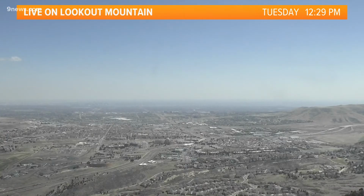I'm meteorologist Kylie Bearse on this so far really beautiful Tuesday afternoon. We've got sunshine here in Denver, but there are changes on the way for later on this afternoon and this evening. So we'll talk about that. And then if you guys have any questions about the forecast, I'm also happy to answer those coming up here in just a few. Let's go ahead and start though with a live look outside from Lookout Mountain,